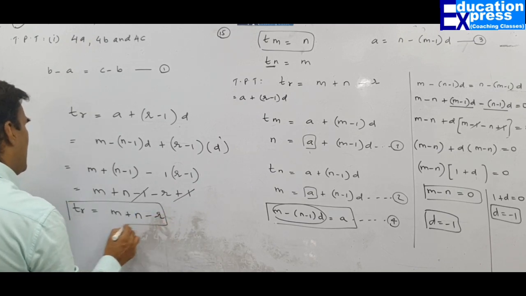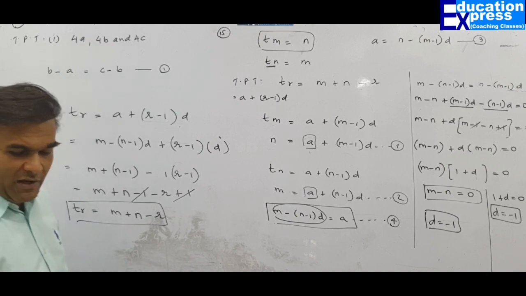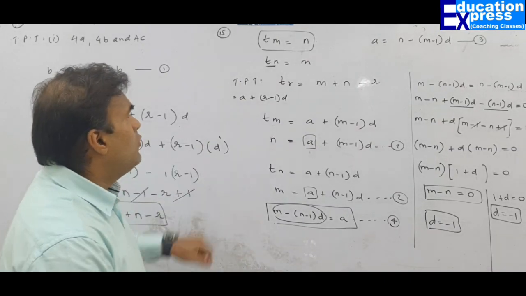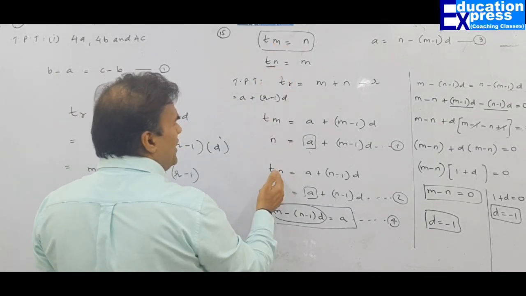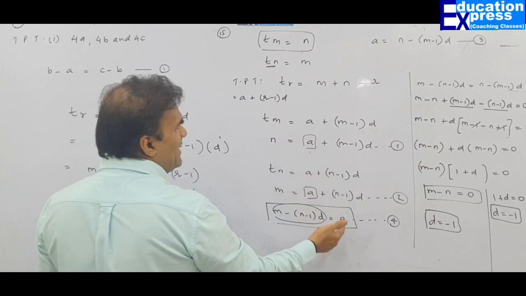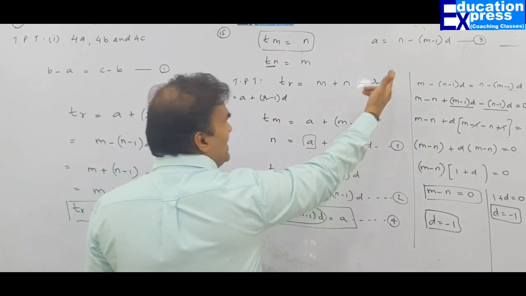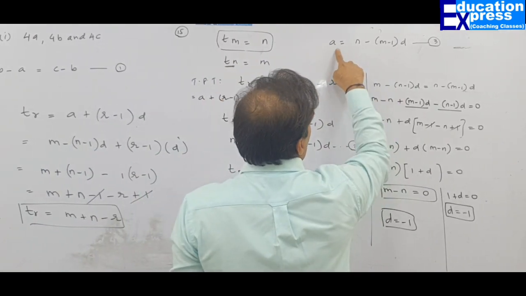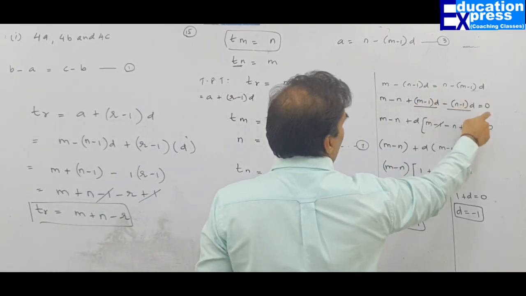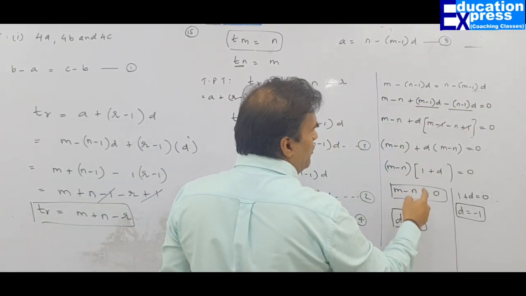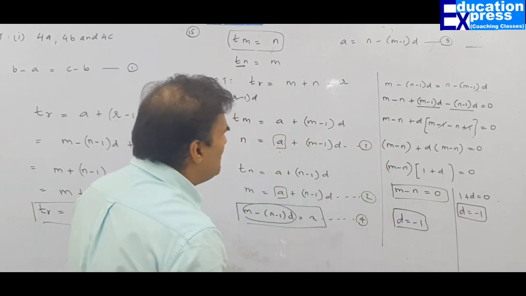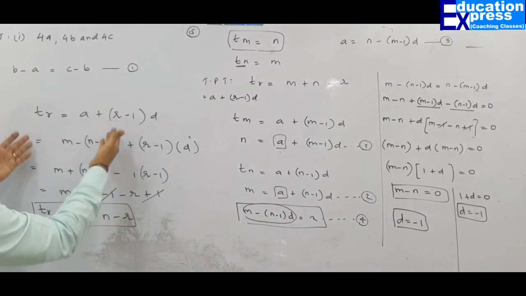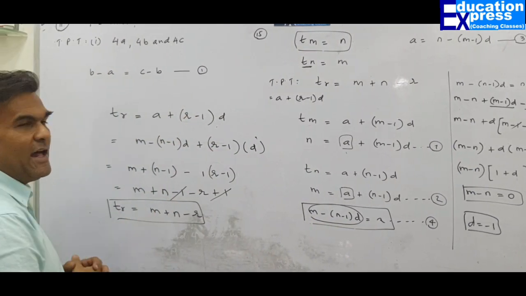The only thing that I would like to say about this is that you have to discipline yourself. This is one of the toughest sums of the entire exercise. We know the formula for t and we know the formula for t, and here there is no problem. I made a as the subject. Here also I made a as the subject. You could have taken any a. So both the a's are equated. I have equated them and I got the solution wherein I found the value of d as minus 1. This was the toughest part. After knowing the value of d as minus 1 and a as this, you have to simply substitute the values to get your desired answer.